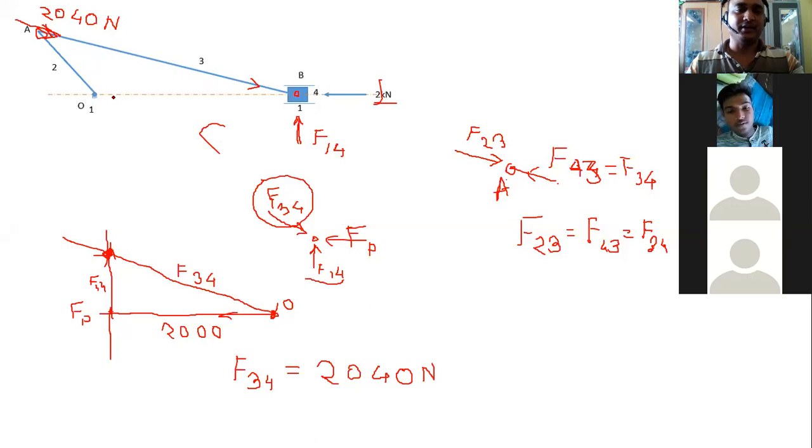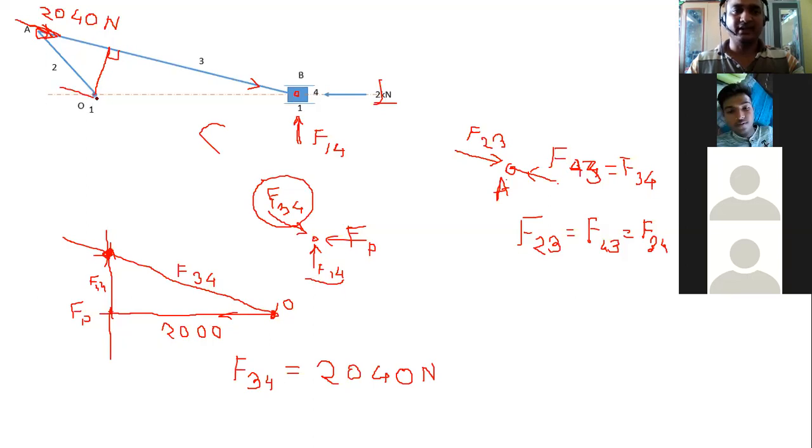Then finally, what you have to find out is the torque. How to find out the torque? Torque is nothing but the force into perpendicular distance. But perpendicular distance from what? From the center of crank. It means that we have to find out the perpendicular distance of this link from the crank. So from this crank, draw a perpendicular to this link, and measure this distance.